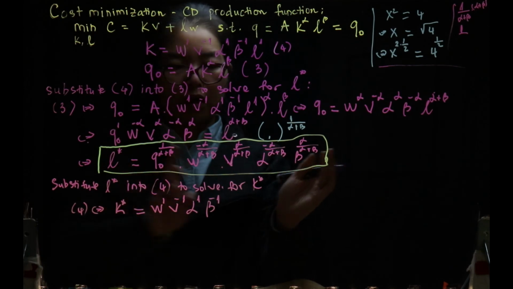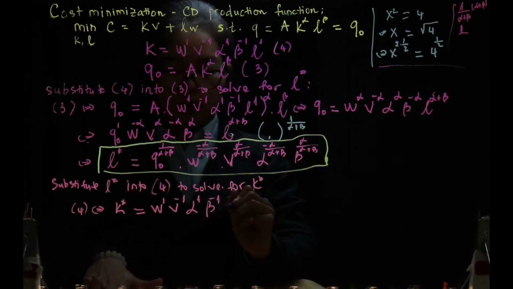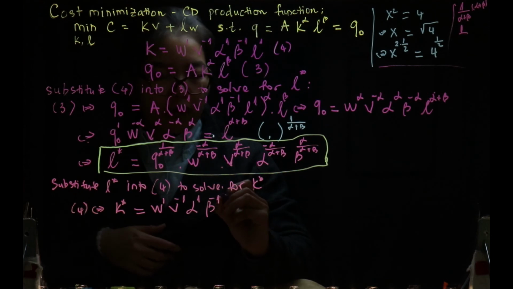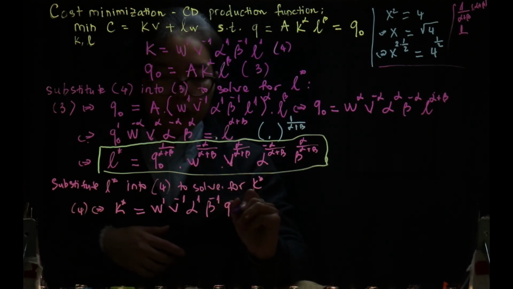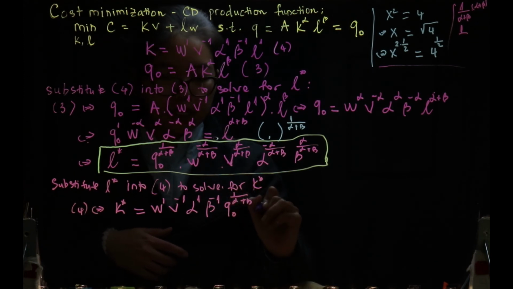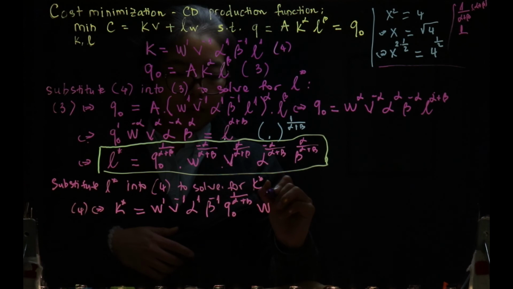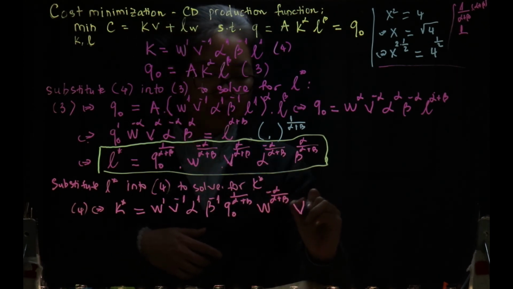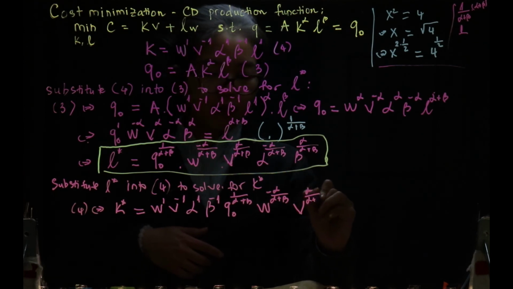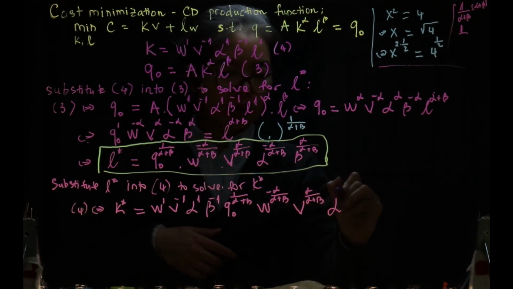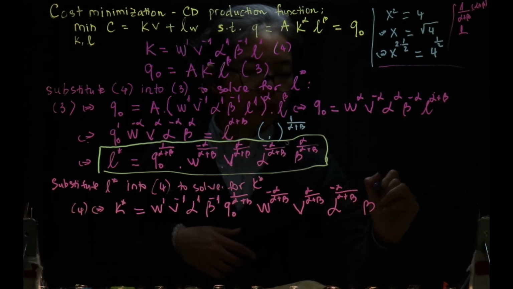So you just need to plug in the later part. So that is Q0 to the 1 over alpha plus beta, W to the minus alpha over alpha plus beta, V to the alpha over alpha plus beta, alpha to the minus alpha over alpha plus beta, beta to the alpha over alpha plus beta. Okay,